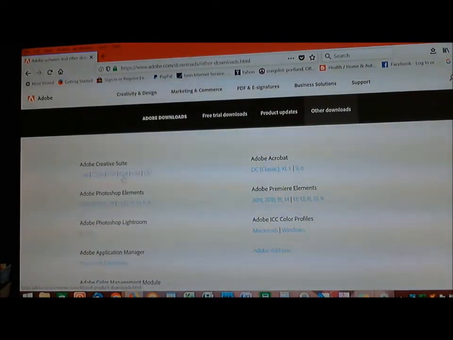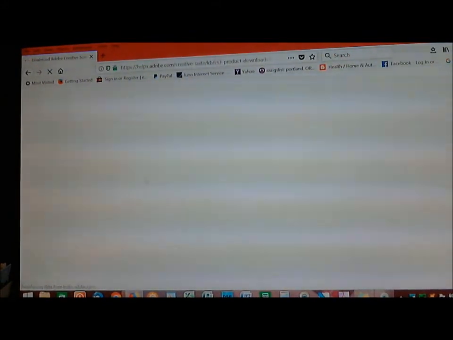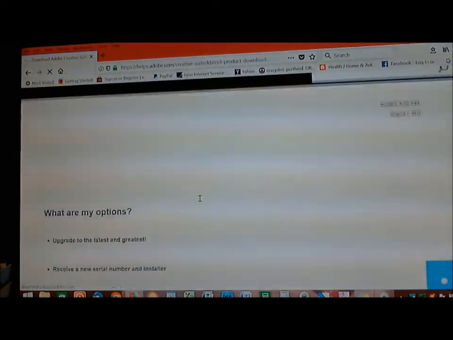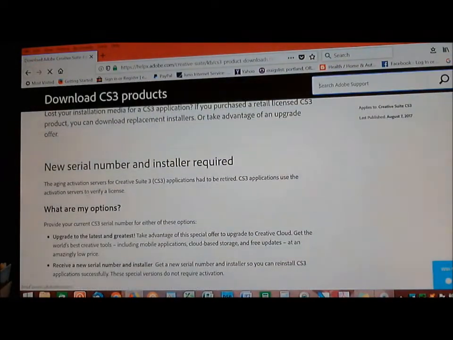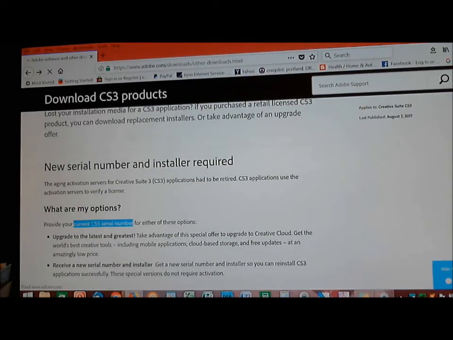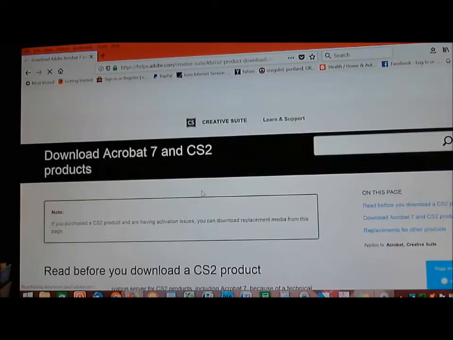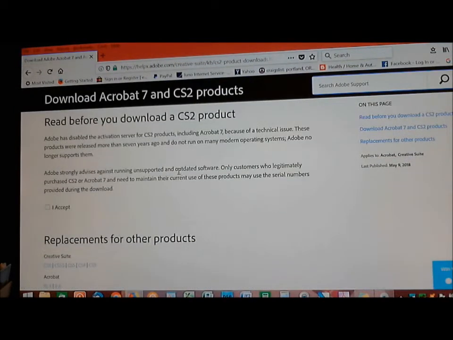Now there's newer versions over here, but I'll show you if you select one, see, it requires you to provide your current serial number. So if you don't have that, you cannot download or install any newer version than the CS2. If you go to CS2, see, they still say